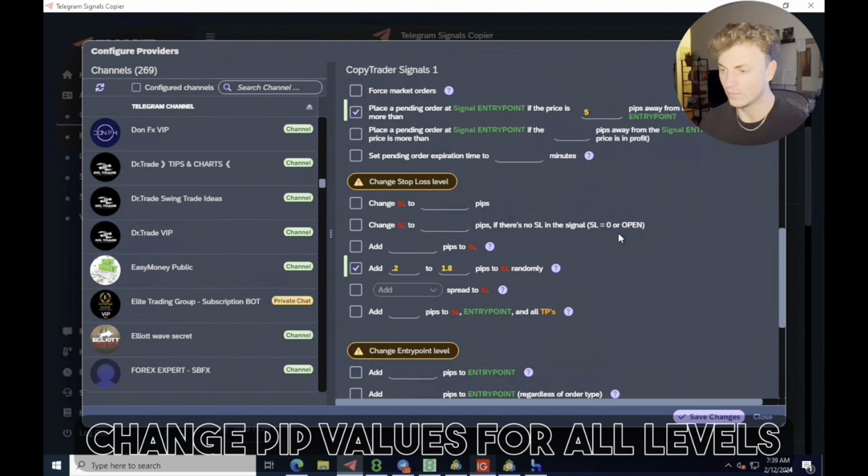It's completely random, and by using this feature, it makes it really, really unlikely that the copier or the prop firms will be able to see any similarities, because your stop loss is always going to be a little bit different. So this is a super useful feature to use. I wouldn't recommend going between more than 2 pips added to the stop loss unless you're using like a huge